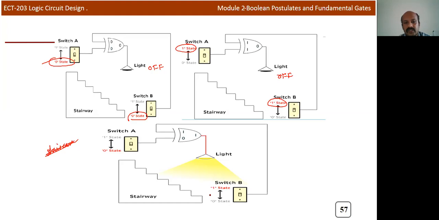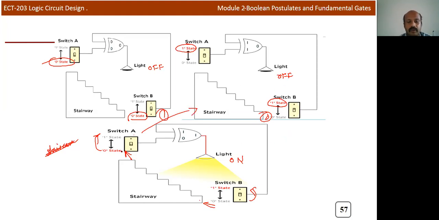And now we'll discuss one condition, when you are moving upwards. We will change the position now. Assume that initially the state of the switch is like this. This is the first stage. And when you move in the up direction, we'll make the switch position from low to high. Then the light will be in on condition. And when you reach this particular stage, you need to switch off. For that you can use this particular switch. Now you will change this position 0 to 1. So that will be stage 2. At that time the bulb will be in the off condition. When you put this into one state, it goes to this particular state.